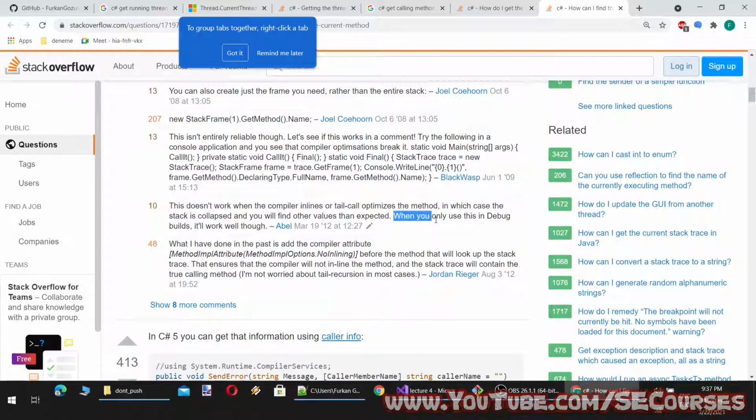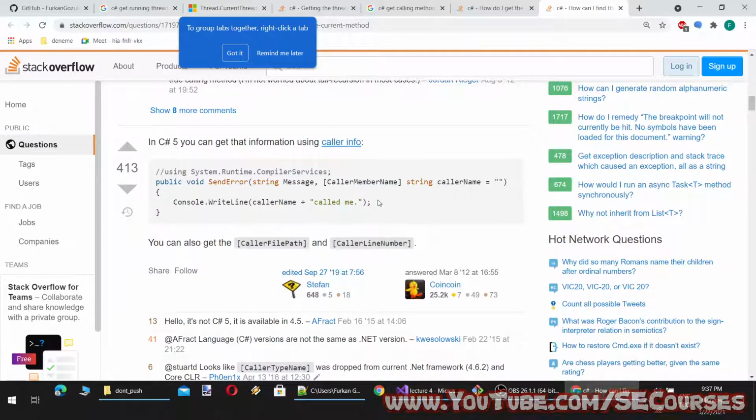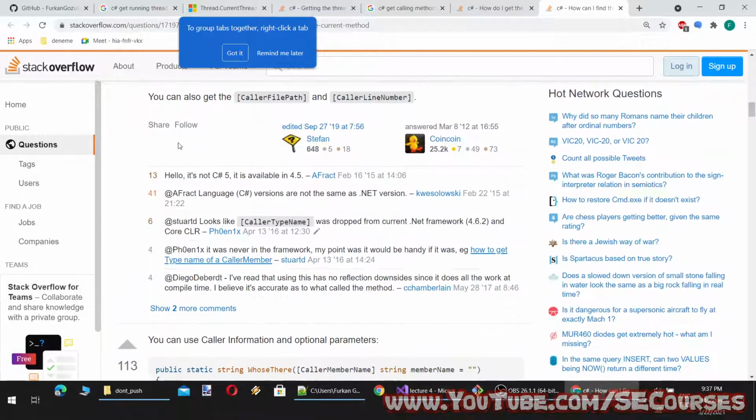Oh, it says when you only use this in debug builds, it will work well. Oh, there is caller info, but it is not working. Why? In C# 5, it is available in .NET Framework. I see. Yeah, it is not working anymore. That is why.